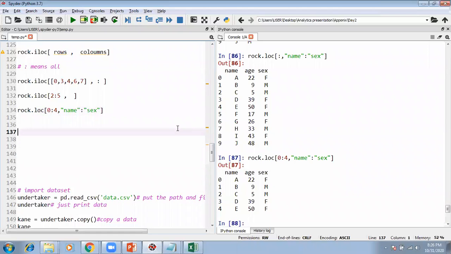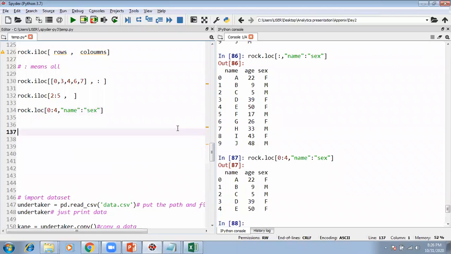The same thing could have been achieved by something called a head function. If I write rock dot head and press F9, it's going to show me the top 5 rows. By default, top 5 rows. Top 5 rows means starting from 0, 1, 2, 3, 4 for all columns.